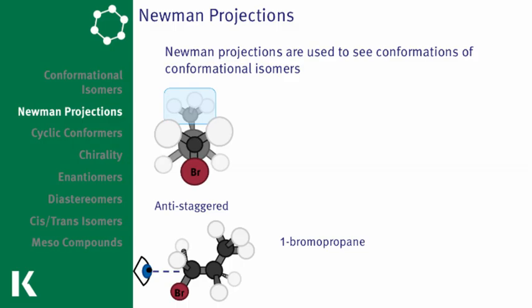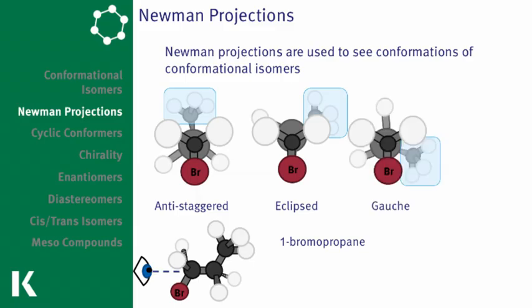Anti-staggered is the most favorable, with the bulkiest substituents farthest away from one another, separated by 180 degrees. The next conformation, eclipsed, is relatively unfavorable because of steric hindrance between the aligned substituents. The favorability of the gauche conformation is in between those of anti-staggered and eclipsed. Even though its rear methyl group is near the bromine atom, at least they are not in line, as in